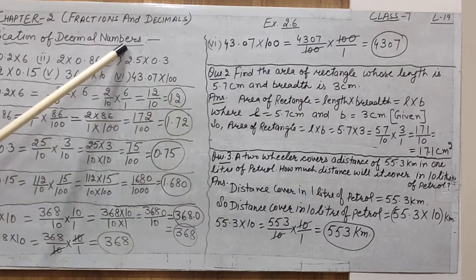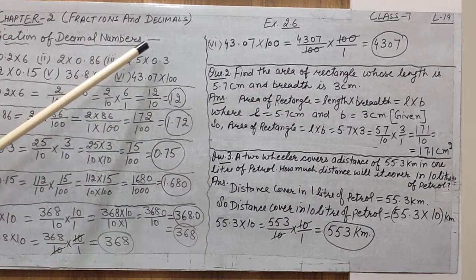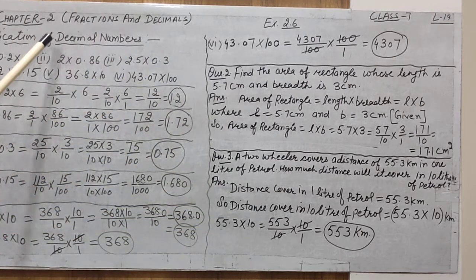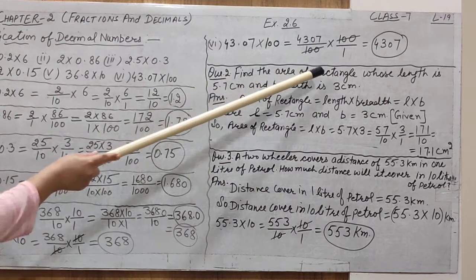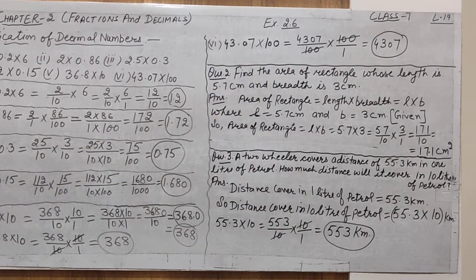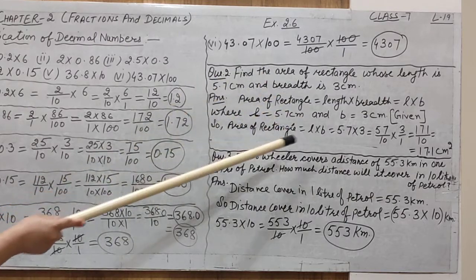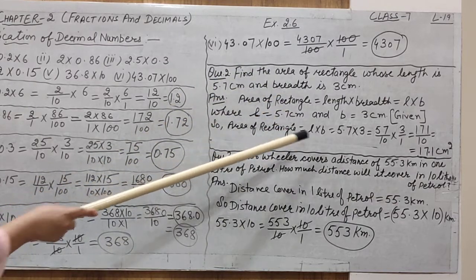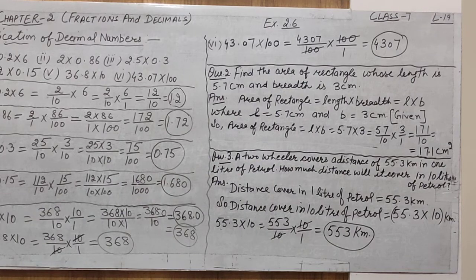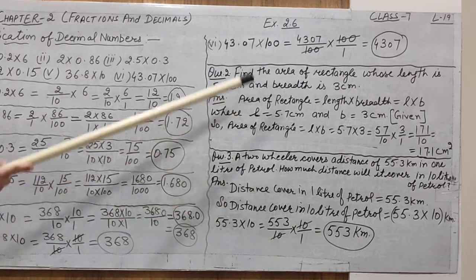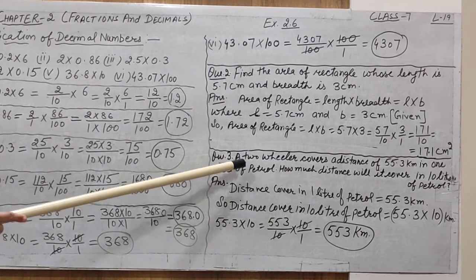Alright, so these are the applications of the multiplication of decimals. Applications mean we can apply the multiplication of decimals for finding the area of some quantities, area of rectangle, area of square. So for finding out the area, the multiplication of decimal process is used. This is called the applications of the decimals. Next question of the similar exercise.